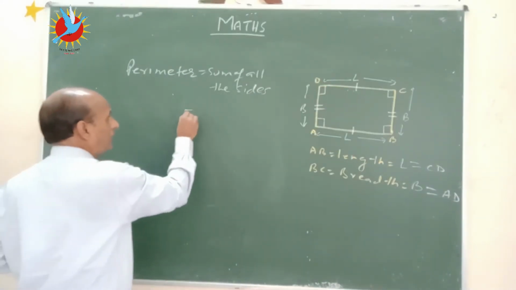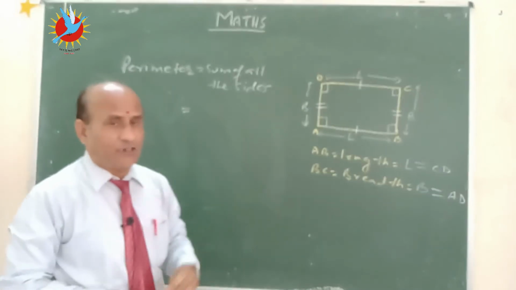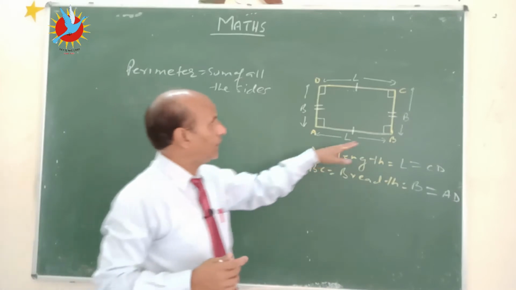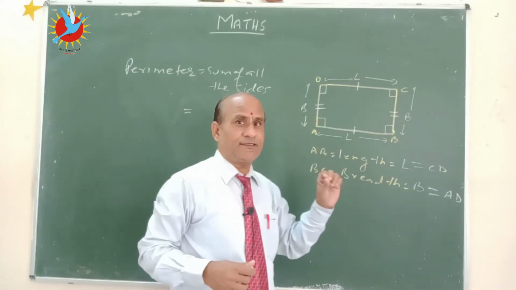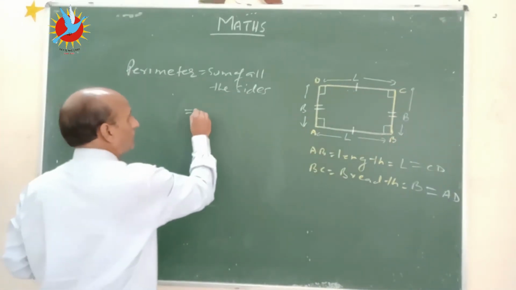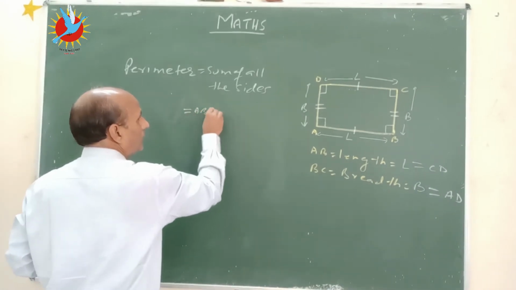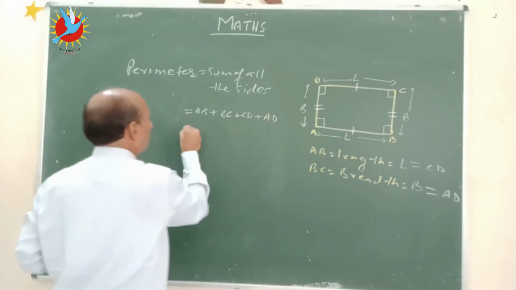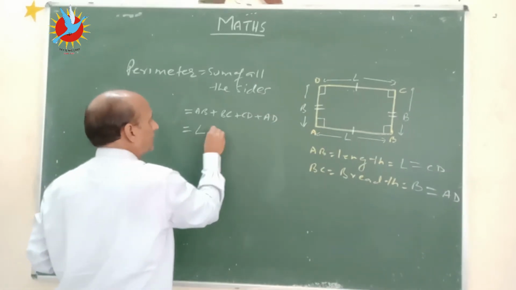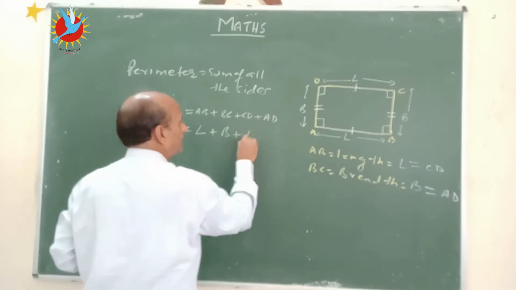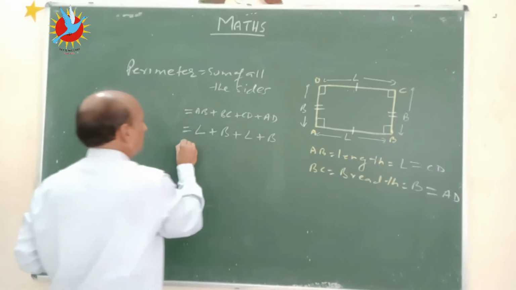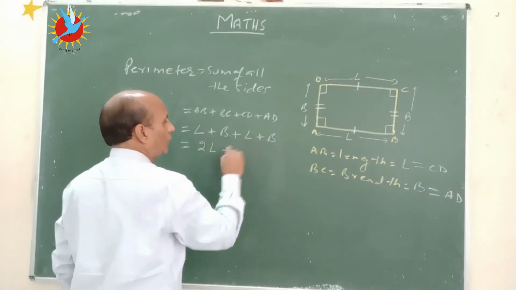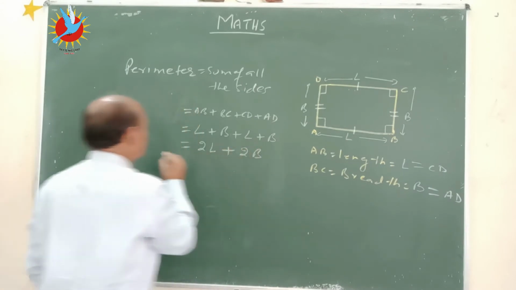If we take this figure, it has four sides where pairs are equal, which means opposite sides are equal. So let us add all these four sides, that is AB plus BC plus CD plus AD. Now AB is length, BC is width, CD is again length, and AD is width. Here we have two lengths, so it is twice the length, and two widths, that is twice B. So the perimeter,